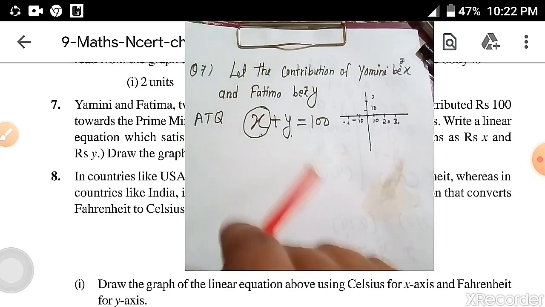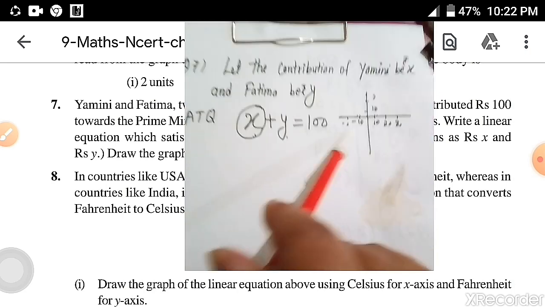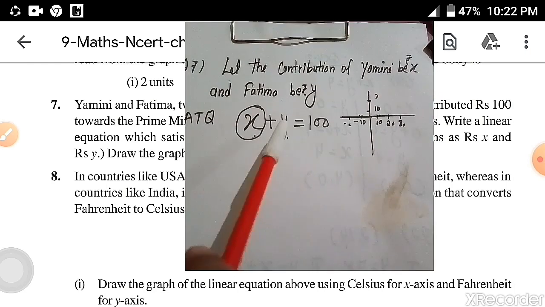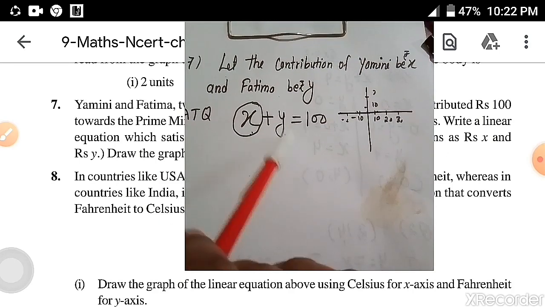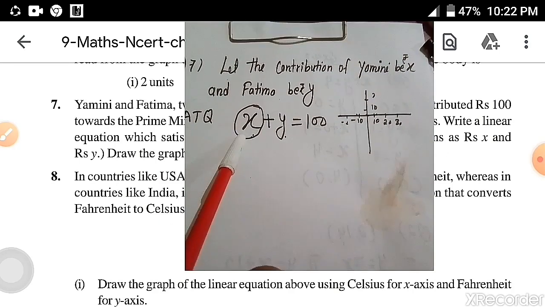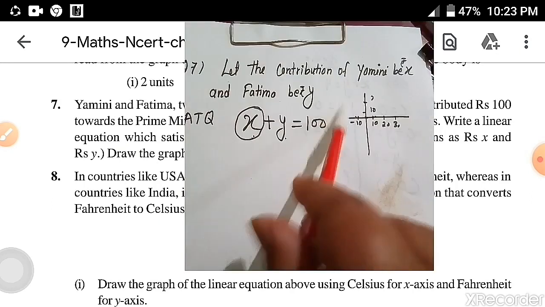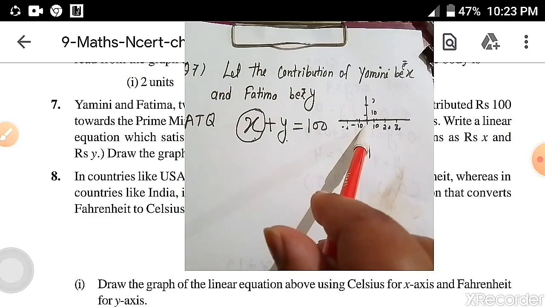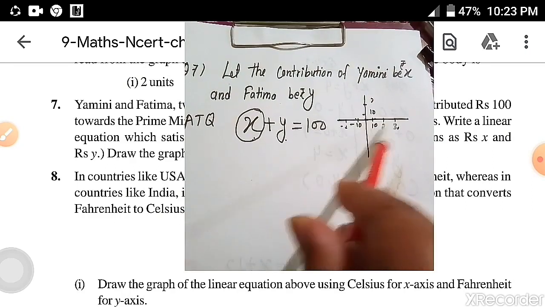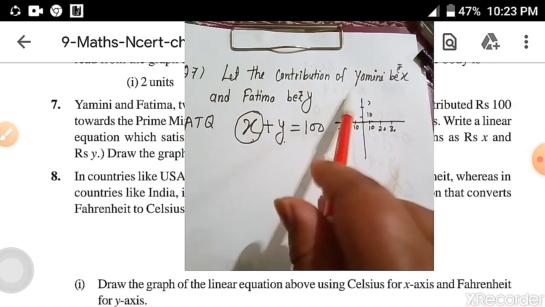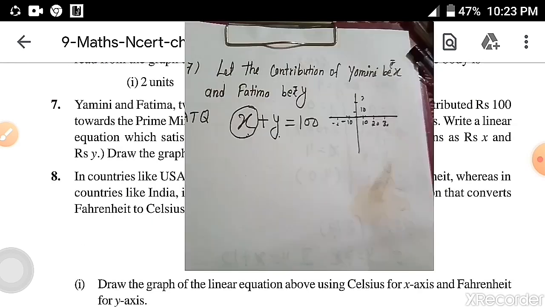So for that, as an example, I have made a small graph, but you will do it in the graph copy. So first you will make the graph like that, but you can see that there is a big quantity like 100. When you plot this, you have to take the quantity of x in the form of 10, 20, minus 10, minus 20. So you will take the scale as 1 centimeter equal to 10 units. So I have drawn like that 10, 20, 30, minus 10, minus 20, and 10, 20, 30 in the y-axis also, and 10, 20, 30, minus 10 in the negative y-axis also.